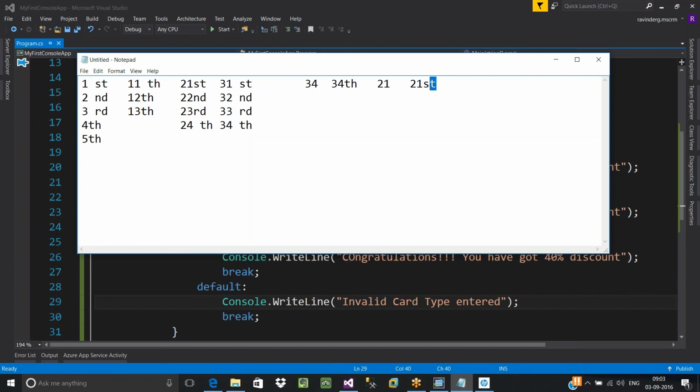So you'll have to decide this character, how to read it, which one has to be concatenated to that number, right? So in most of the cases, except 11 and 12, in all the cases, if the last digit is 1, it should be pronounced as ST. If the last digit is 2, it should be pronounced as ND. If the last digit is 3, it should be pronounced as RD, and in the rest of all cases, it is going to be TH.